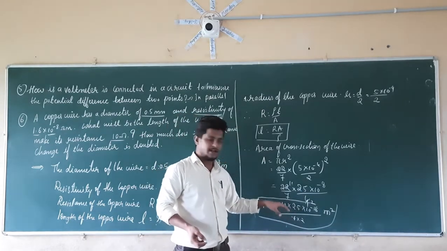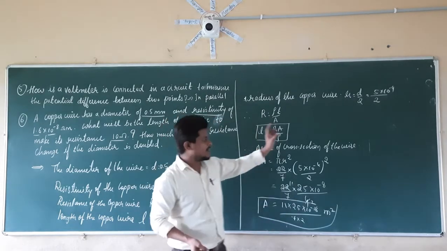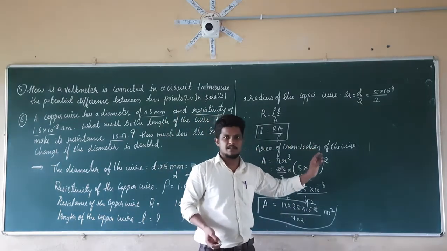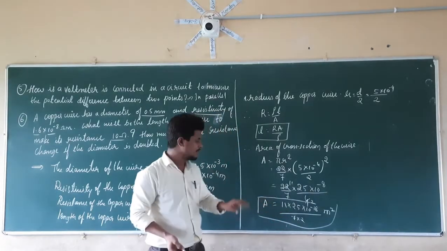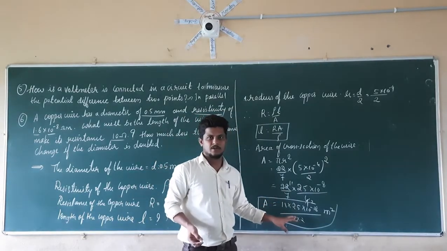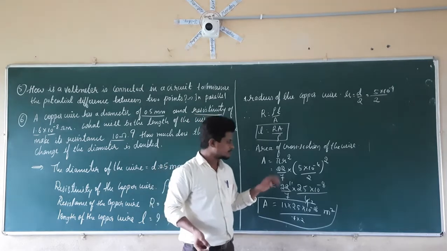If you take these fractions only, while solving this problem those fractions are going to get cancelled with each other. So for that reason, you have to take the answers like this, numerical values like this only.